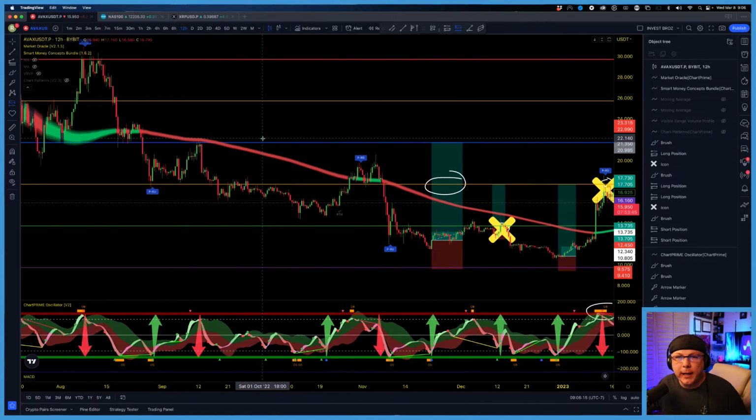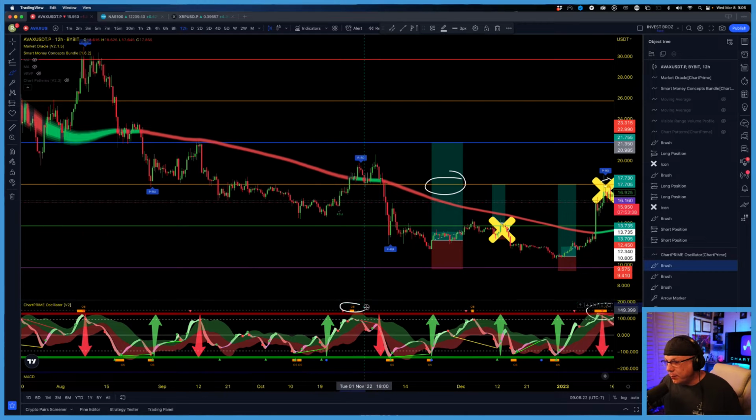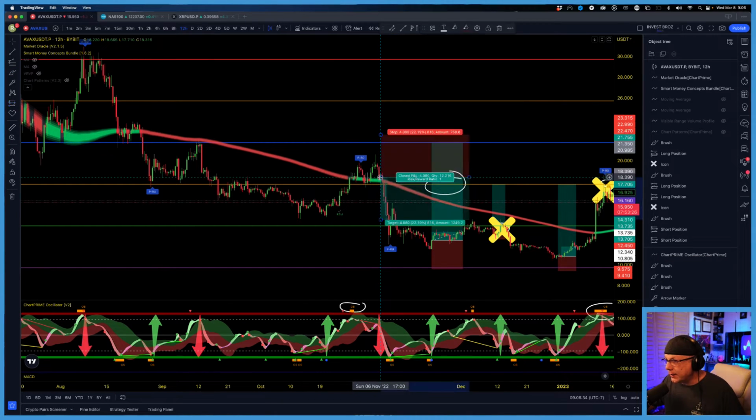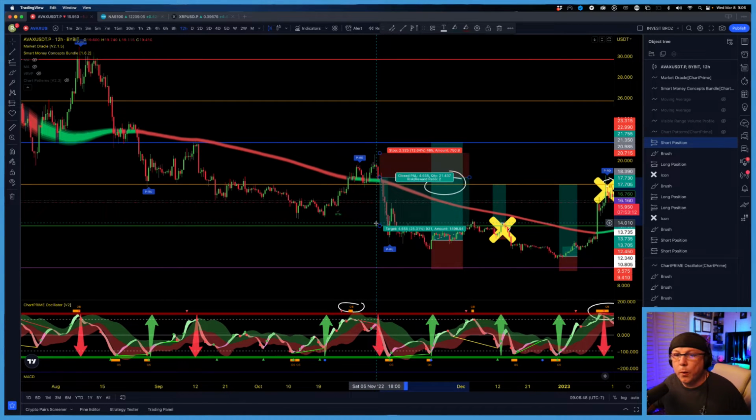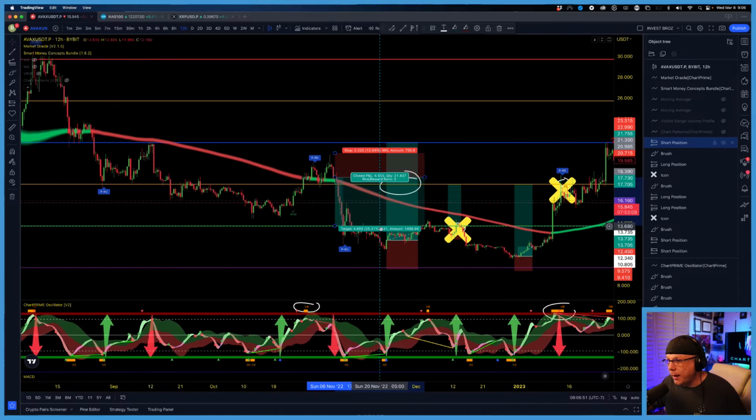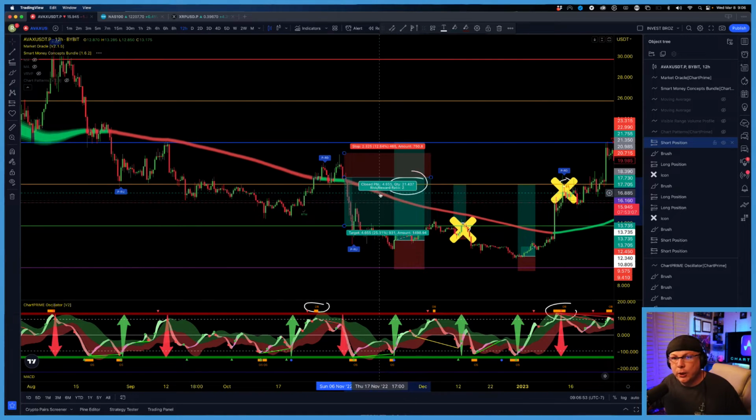The next one we're looking at is where we called for this short. This short would have been taken due to the fact that the oscillator had given us previous downtrend arrow and overbought, and now we have printed a divergence on the oscillator. Let's throw a short on and see how this looks. We're going to move our stop loss above the previous wick area. We're going to shoot for a target of the support line of the predictive ranges, giving us a 2-to-1 ratio